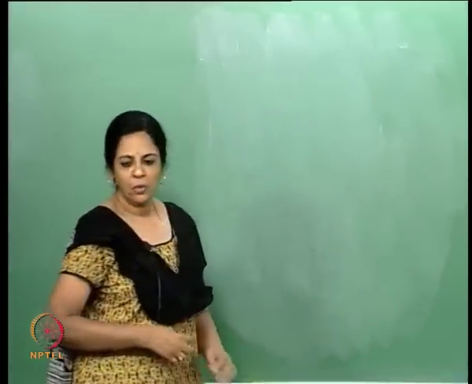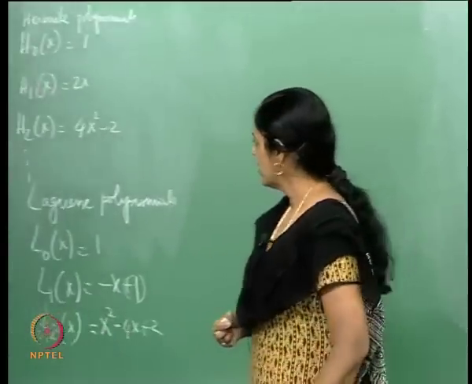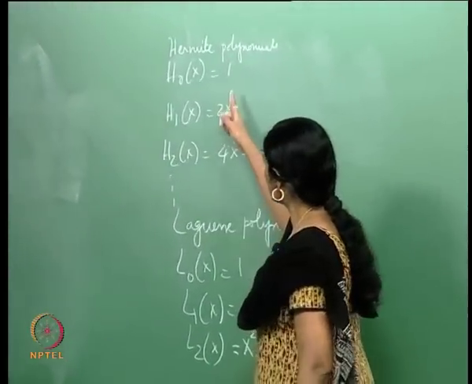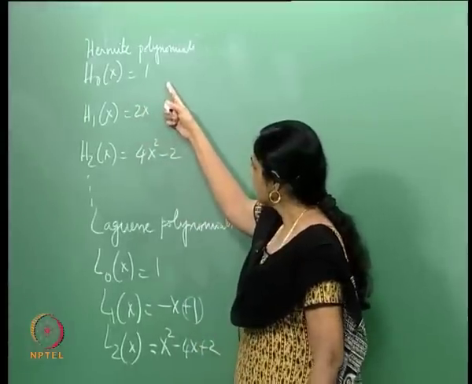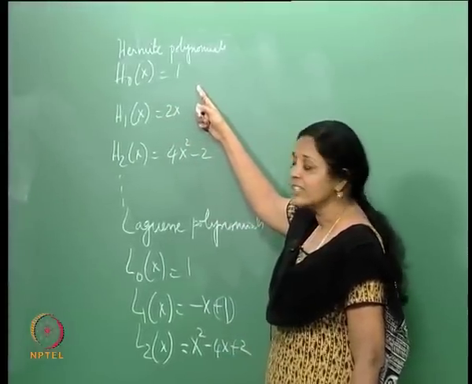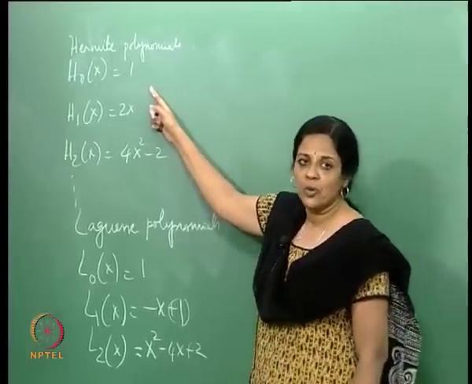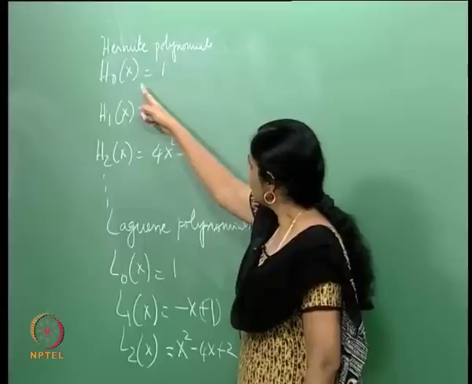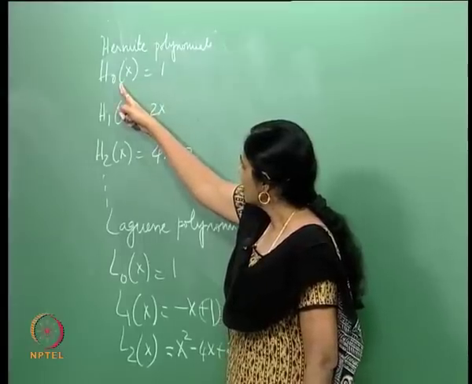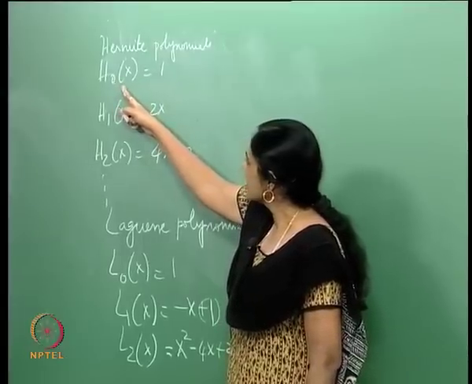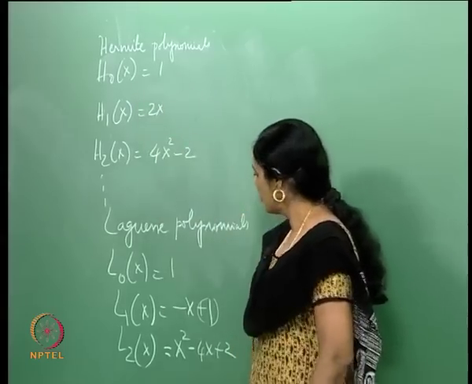Now this becomes very important, because if you look at the Hermite polynomials, for instance, here, so if you look at the one-dimensional oscillator, the simple harmonic oscillator, where I have mentioned that the Hermite polynomials become important, you find that the wave function has a definite parity. In other words,